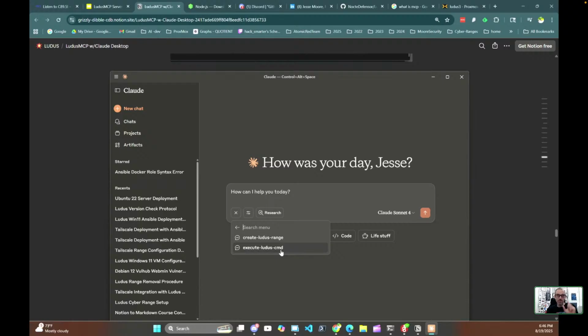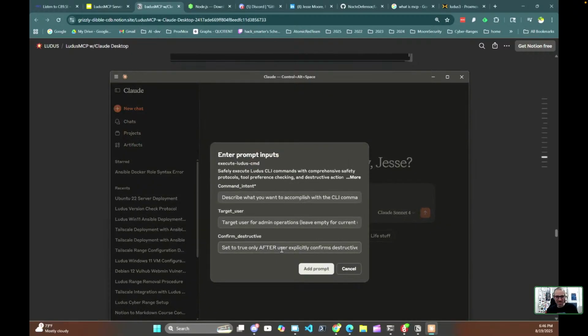But I'm going to use it just to show you the prompt that it does, because there's some prompting that this comes with, some specialized handling of what you put in the chat. So I'm just going to put that in there. And then here's the prompt input, like command intent, let's say,